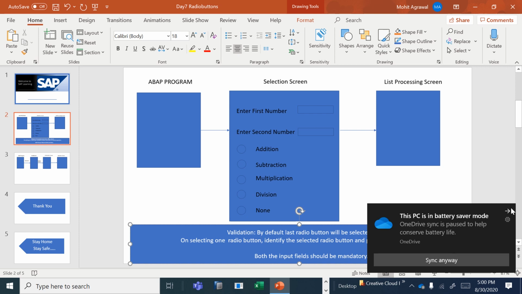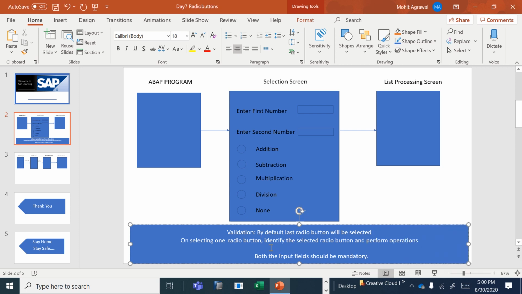So while selecting one radio button, I want to perform the operation and display the result as an information message.